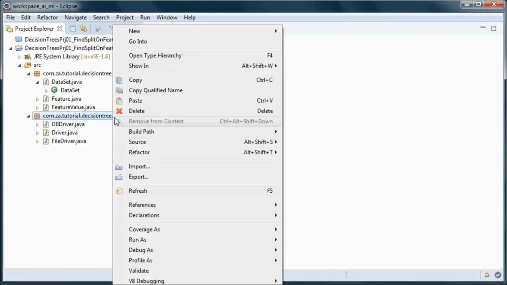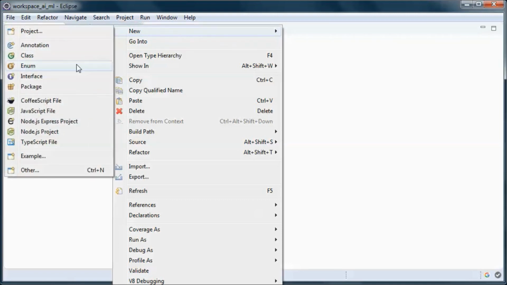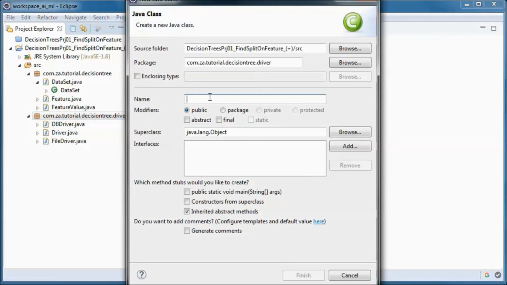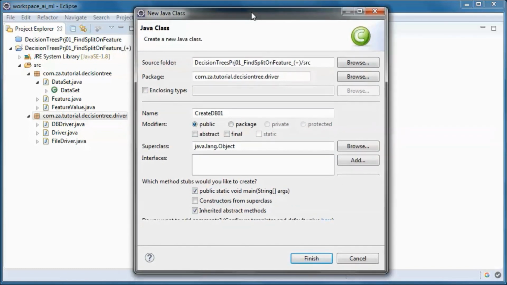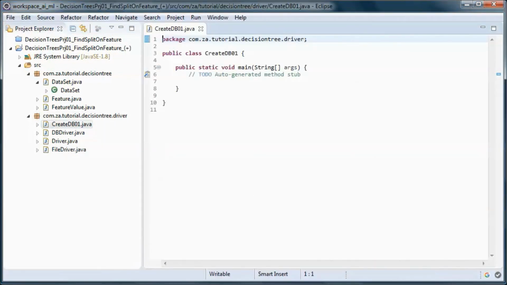And we need a class that will create the database and will create and populate the weather table and the contact lenses tables.